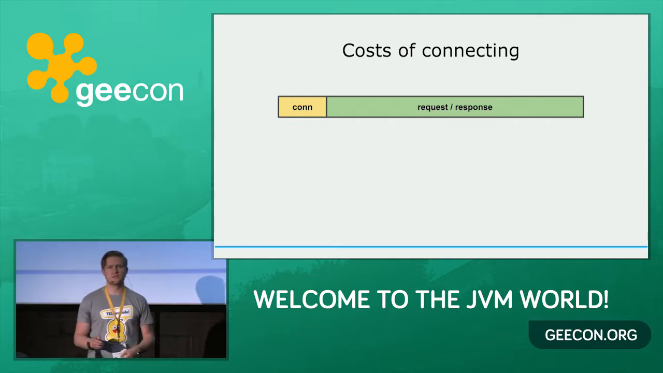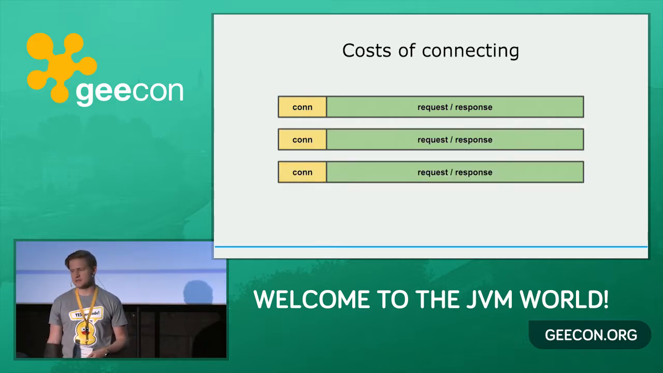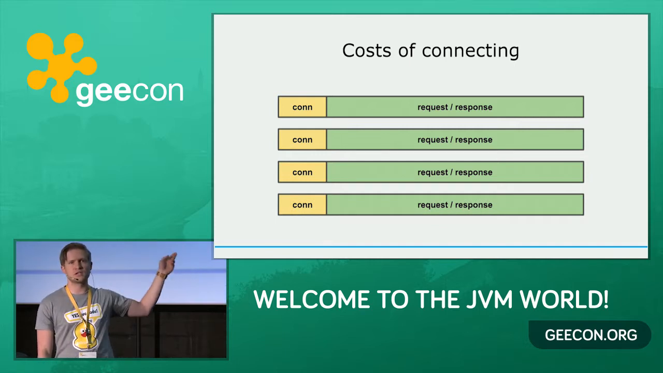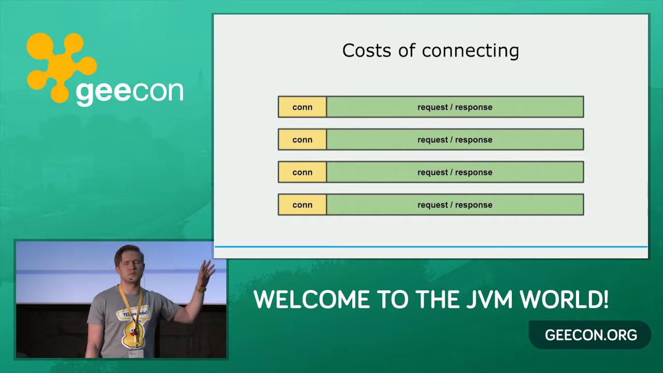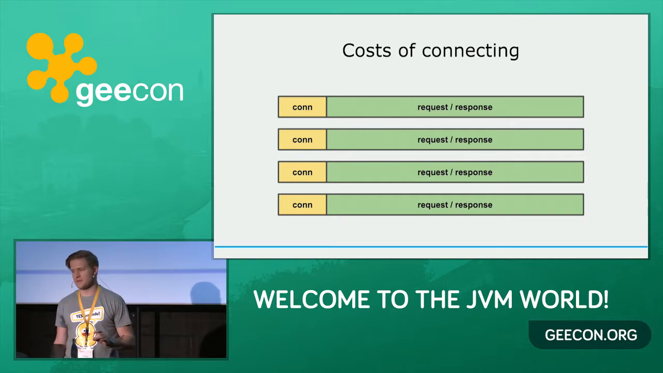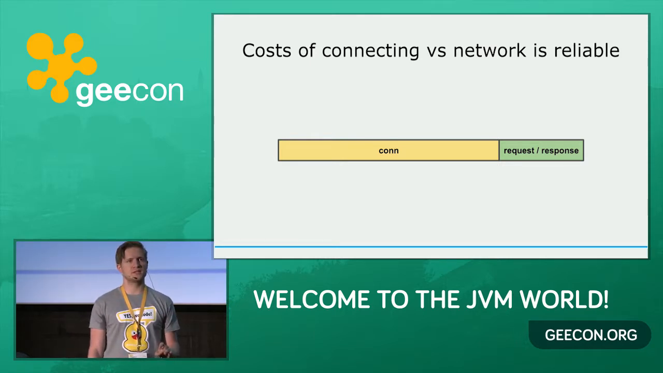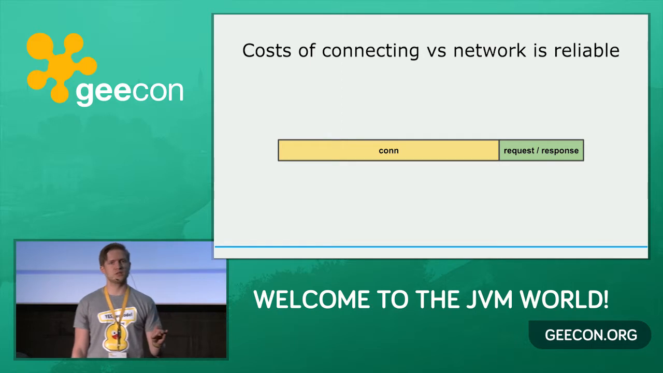So if we have a lot of requests to the same place, does it have to be like this? Well, we pay for the connection part each time something happens. Does it have to be like this? And then we're going to bring in the second fallacy. Network is reliable. What if it's not? What if the connection part, which was so